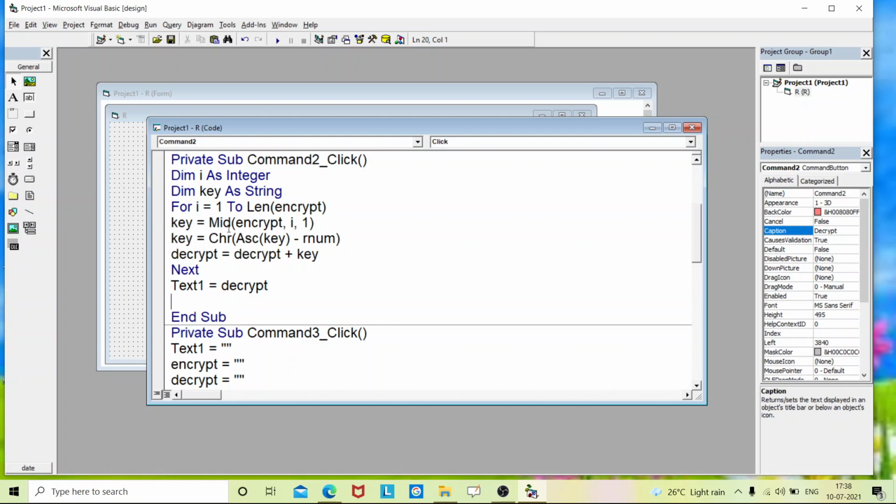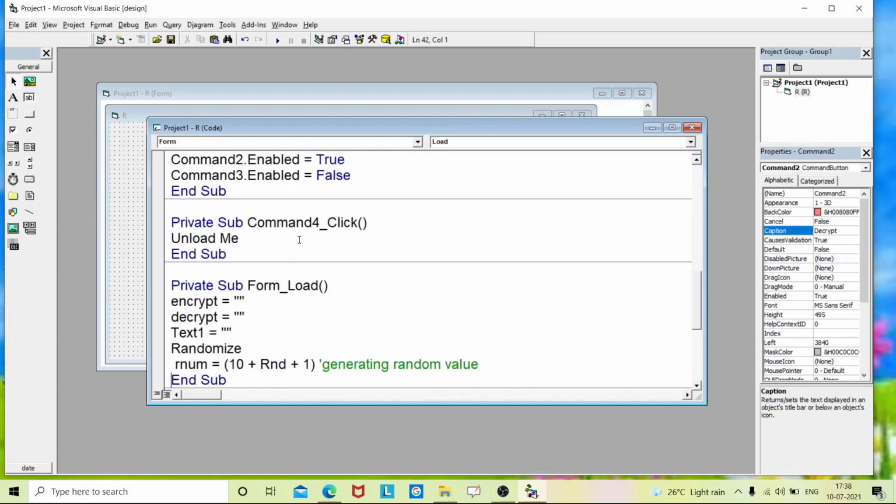Firstly it will extract a single character and it will be converted to the number, and the random number will get reduced from those numbers. If suppose my key ASCII value is capital A, that is 65, plus, for example, random value is 10. In key press event I'm just adding.